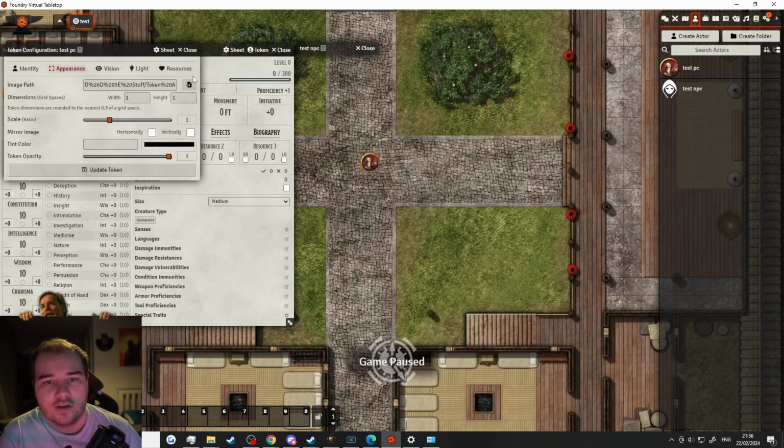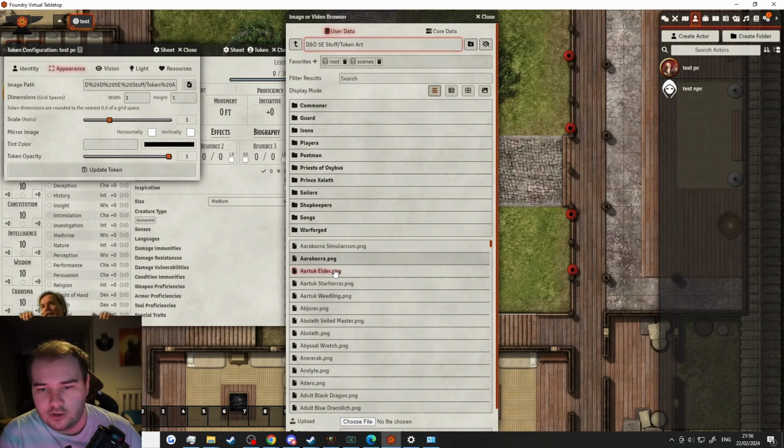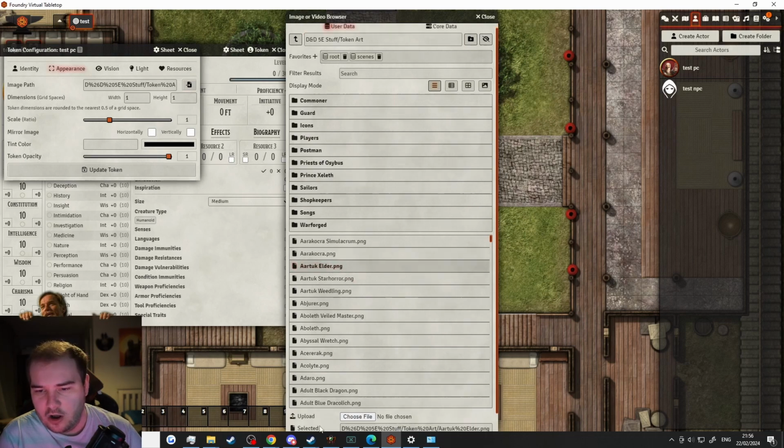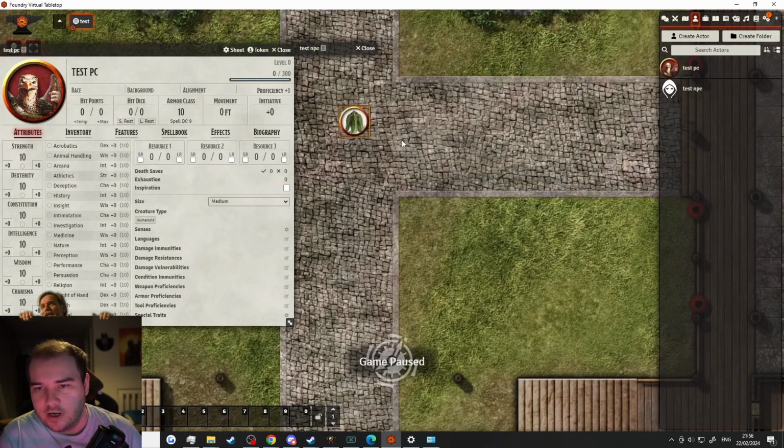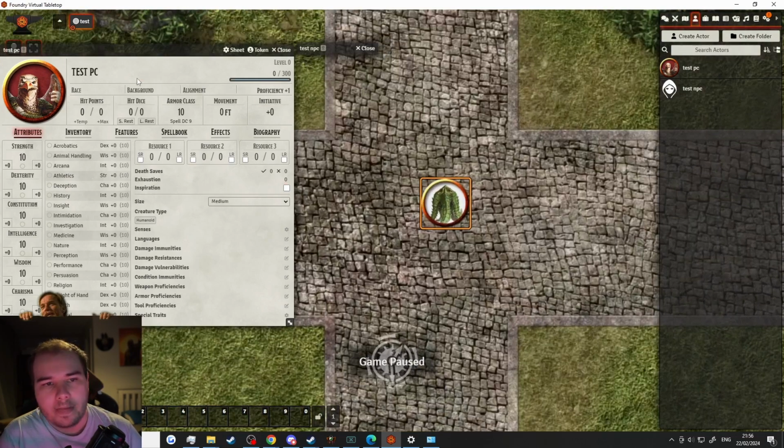So if I change this one real quick to, let's do, sure, Arctic Elder. I don't even remember what Arctics are. There we go. It's this weird tentacle thing. So the artwork on the character sheet is still the Birdman, but on the map it's the weird tentacle thing. But because I didn't change the prototype token, if I drag this character onto the map again, the token's still